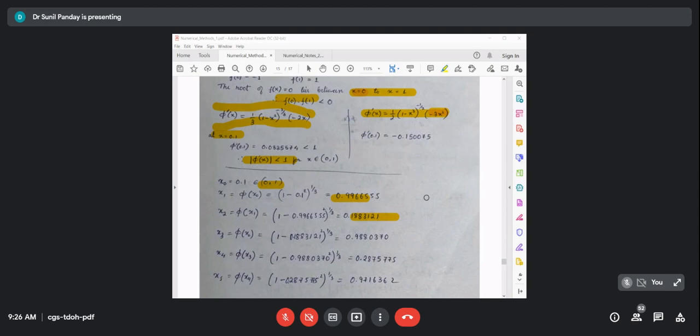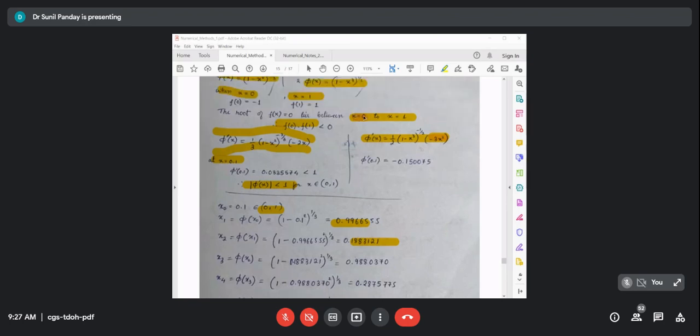In that case, if we take this value, we test it for x lying between 0 and 1. If we substitute x near 1, phi dash of x turns out to be greater than 1, and that is the problem. Because we have to select those phi x for which phi dash of x is less than 1. This condition is required for convergence of the method.